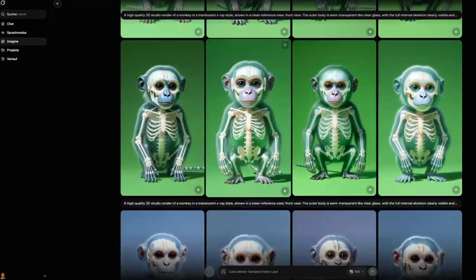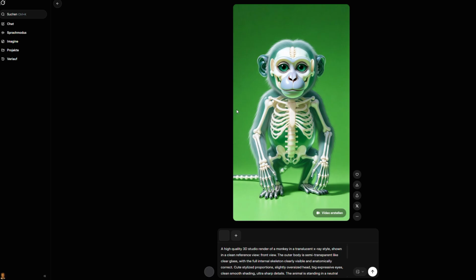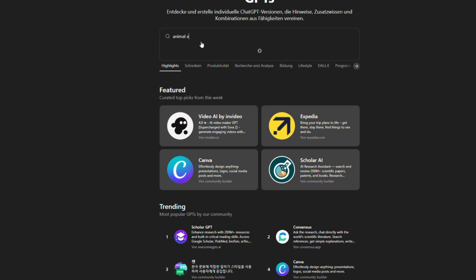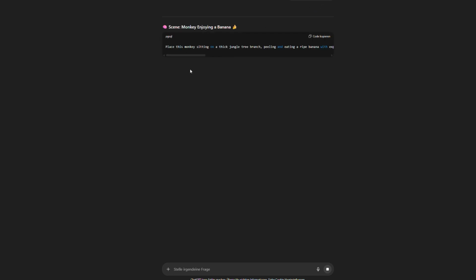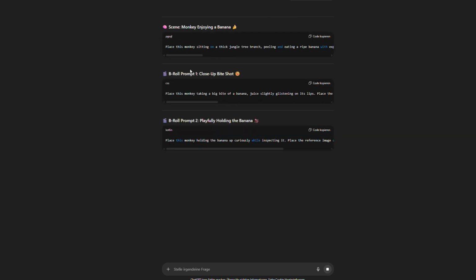Download the best images. To give your scene images a cool background, go back to ChatGPT, open Apps, then GPT, and search for the GPT model, Animal X-ray Shots, start a new chat. Now describe your video idea here as detailed as possible. I want the monkey to eat a banana. ChatGPT will now generate 4 scene prompts that describe in detail the background, the position of the monkey, and the